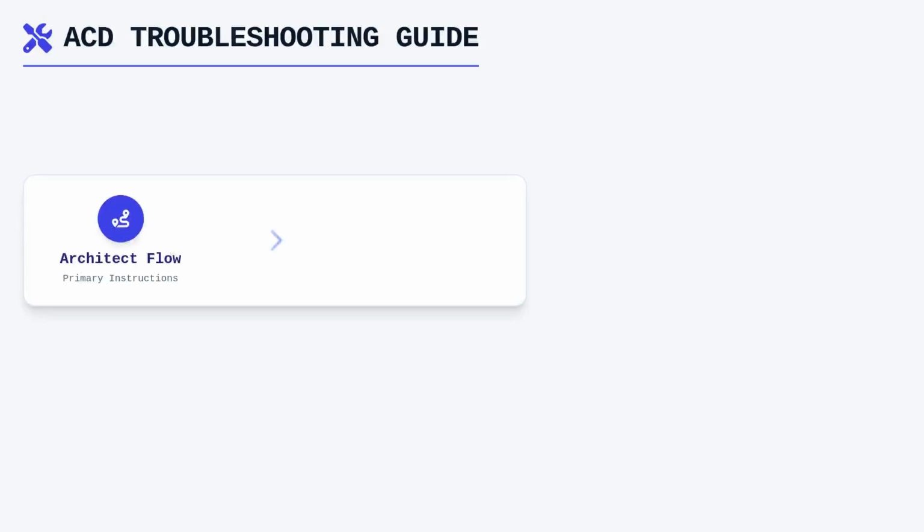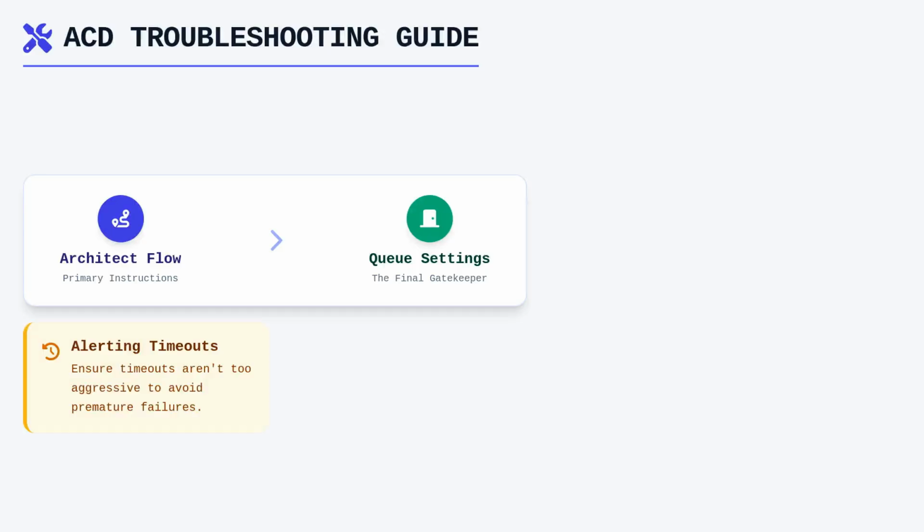When troubleshooting issues within the ACD environment, look directly at the interaction flow within the Architect tool to see how it interacts with the queue settings you have provisioned. The hierarchy of routing is generally determined by the flow's instructions, but the queue configuration acts as the final gatekeeper for actual interaction distribution. If you find that interactions are failing to hit their service level targets, investigate whether your